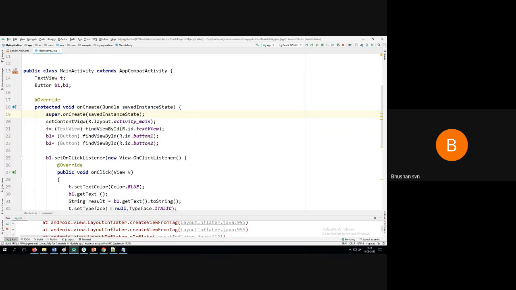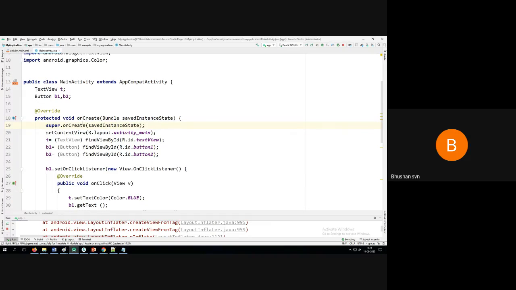Now, the question says that you should create a button. When I click on that button, it should come in blue background or blue color, whatever it is. For that, I'm taking one more button here. I'm taking a TextView and creating an object, say T, and I'm taking a Button class and creating two objects.